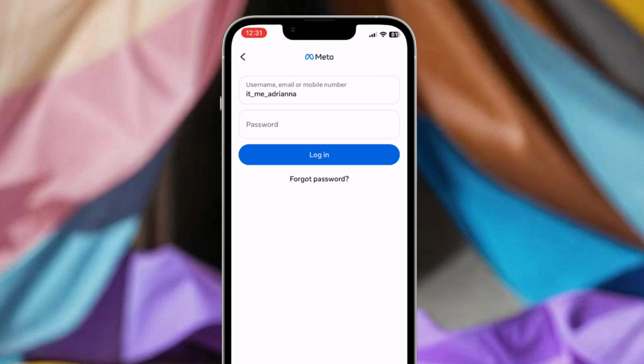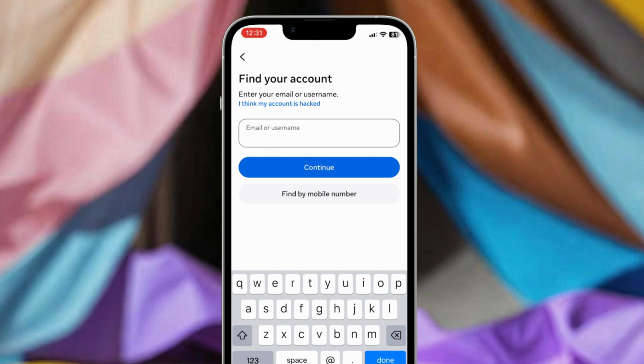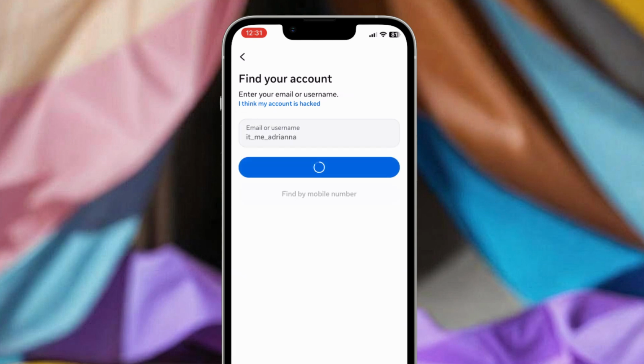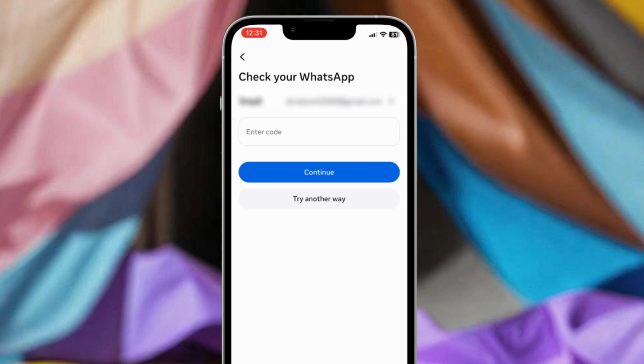If you've forgotten your password, tap Forgot Password. Enter your username, email address, or phone number, then tap Continue. Instagram will show you available options to verify your identity. You may be able to receive a verification code by email, SMS, or WhatsApp, depending on the recovery options available